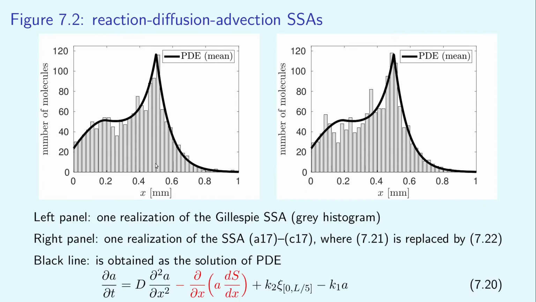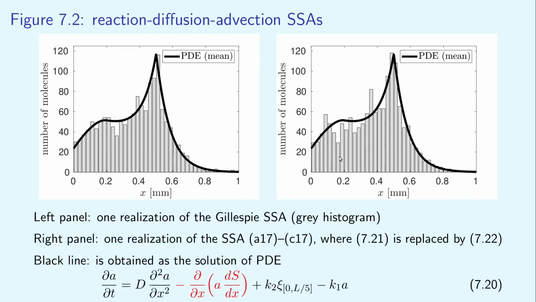A snapshot from this video is given in panel A of figure 7.2. Considering the spatial histograms, the results calculated by one realization of the Gillespie algorithm are indistinguishable from the results calculated